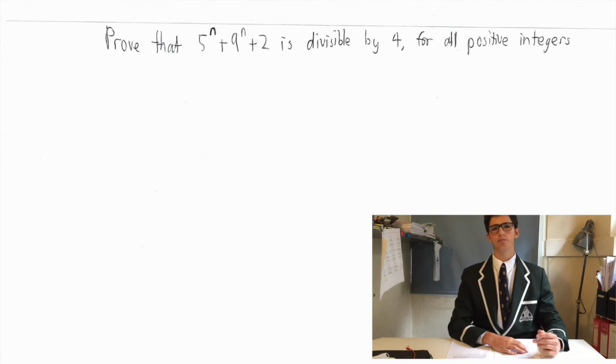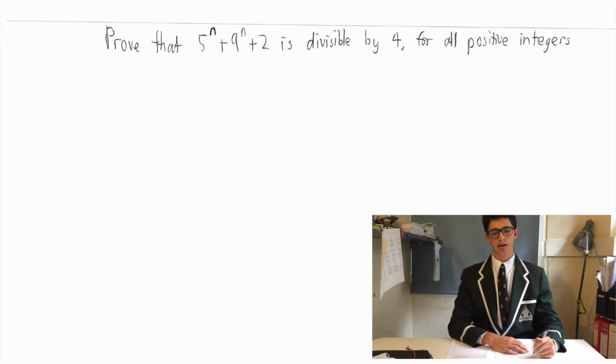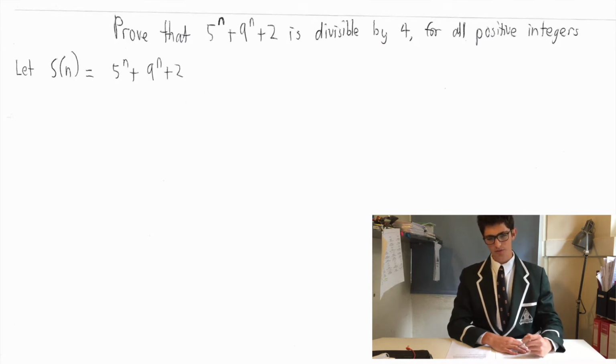Today we will be looking at proving the expression 5 to the power of n plus 9 to the power of n plus 2 is divisible by 4 for all positive integers. So what I'm going to do first is put the equation in terms of S(n). And this will give us S(n) is equal to 5 to the power of n plus 9 to the power of n plus 2. This will allow us to substitute in different values of n in order to complete the process of proof by